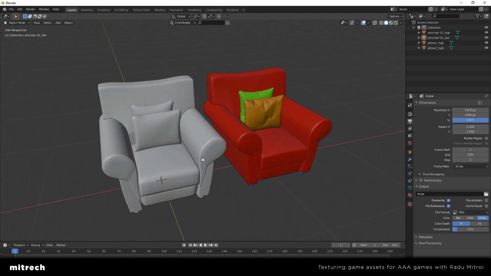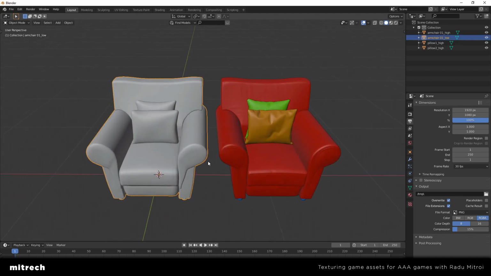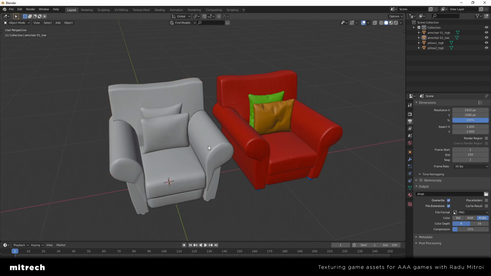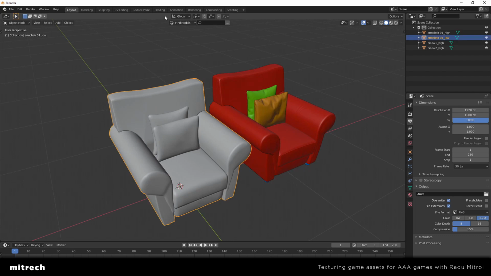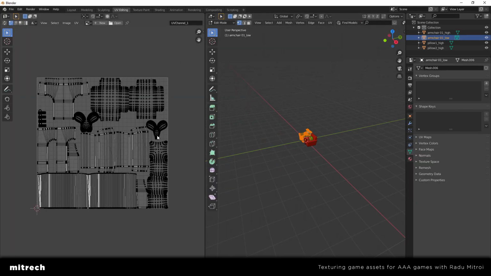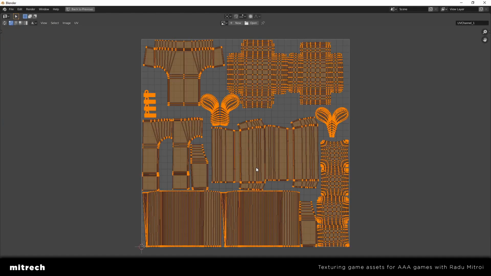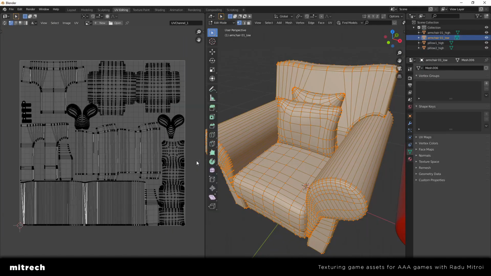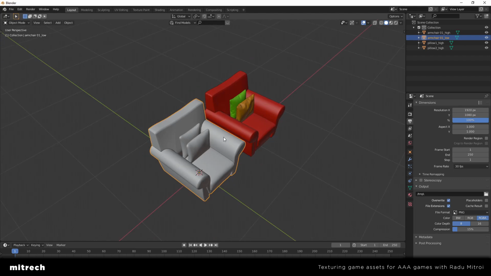Okay, so this is an armchair that Octavian has made for me. He has modeled these two versions, so we have a low poly and a high poly. This is an already UV'd asset. You can see the UVs in here. It's nicely UV'd. Everything is already done for us, so we can just head over into texturing and baking and